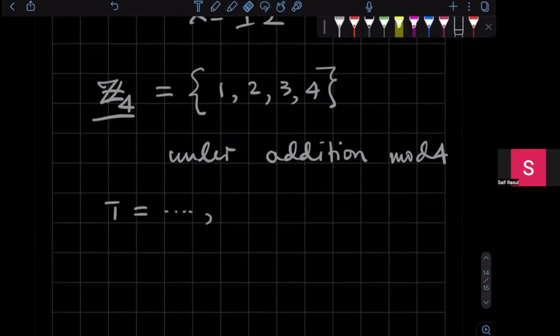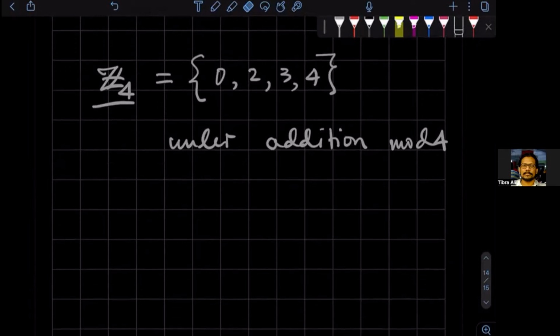Sir, shouldn't it be 0, 1, 2, 3? Yeah, you're right. Sorry. Thank you. Yeah, you're exactly right. Yeah, right. So we know this kind of, I'm not gonna write this out, but there is another group